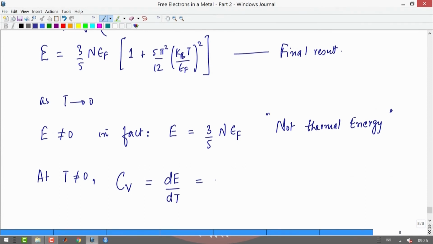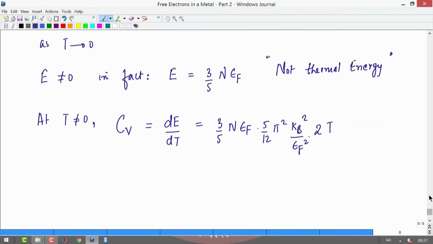The second component provides a contribution, and that is 3 by 5 n EF constant prefactor into 5 by 12 pi square kB square over EF square and 2 times T, and you can already knock off a lot of terms here. So, you can knock off this and you can knock off 1 EF, and this becomes 6 and that becomes just 2. So, what you have in the end is just